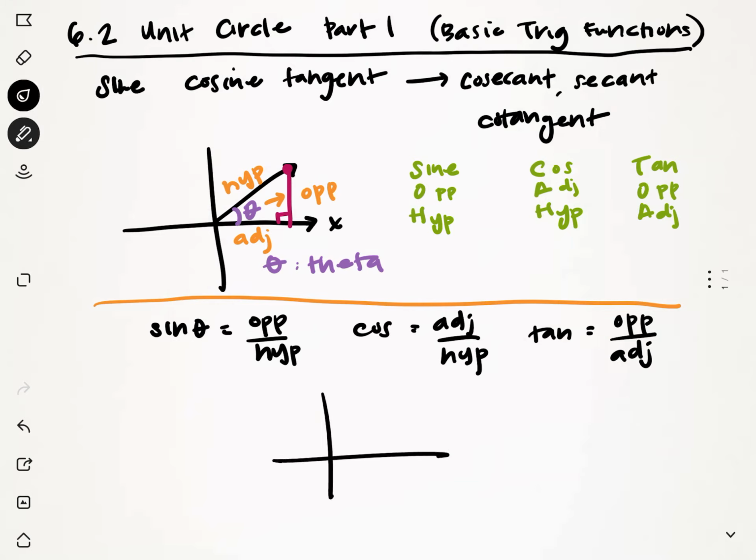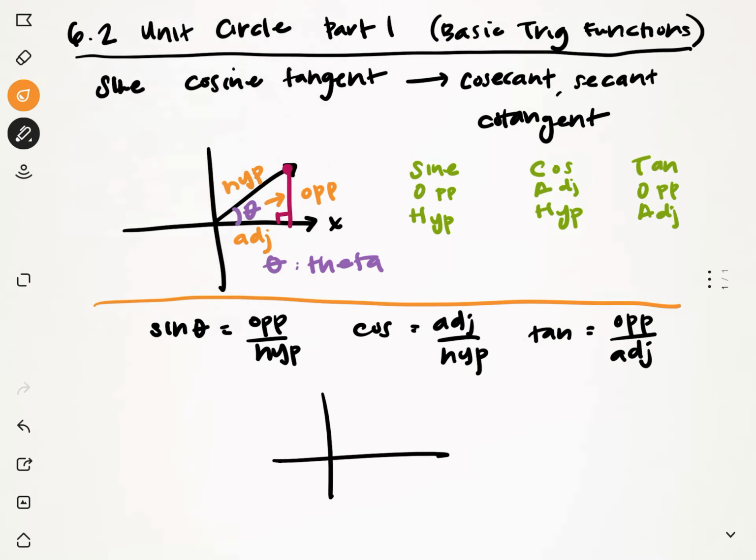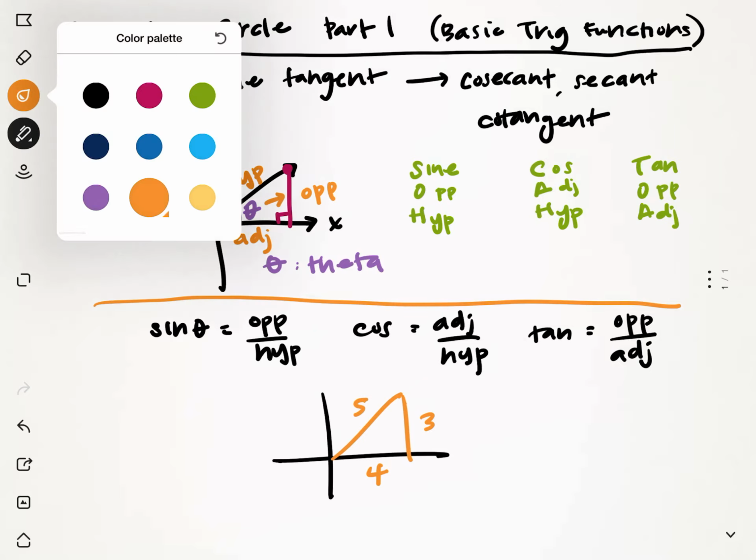So let's just draw a triangle here. And you should write this down, but it's not part of our work for today. And let's say this side is going to be 3 units, the bottom is going to be 4 units, and the hypotenuse is going to be 5 units. If we want to find the 6 different trig ratios here, what we're going to do is say